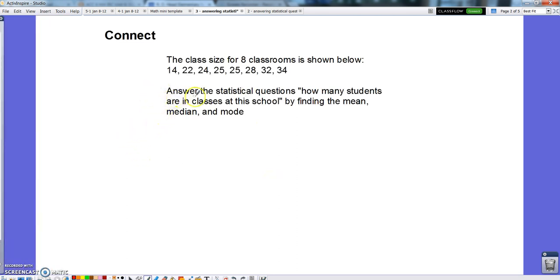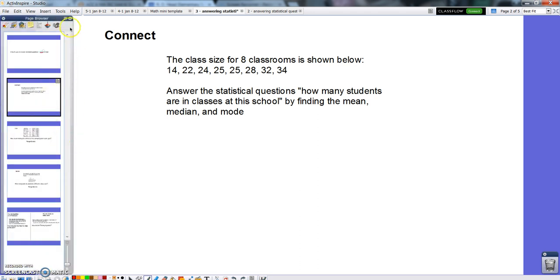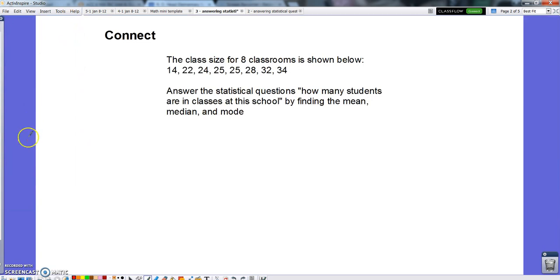So I'm going to have here the class sizes of 8 classes in a list. And we're going to answer the statistical question, how many students are in classes at this school, by finding the mean, median, and mode. This is what we did yesterday. And so I just want to refresh your memory on how those worked, because those are 3 really common ways to answer a statistical question. So the mean, that was add